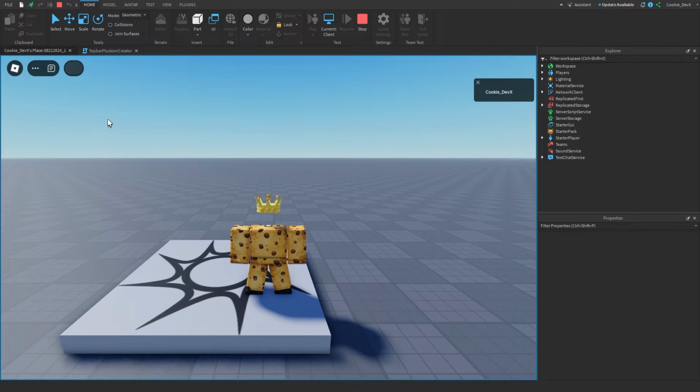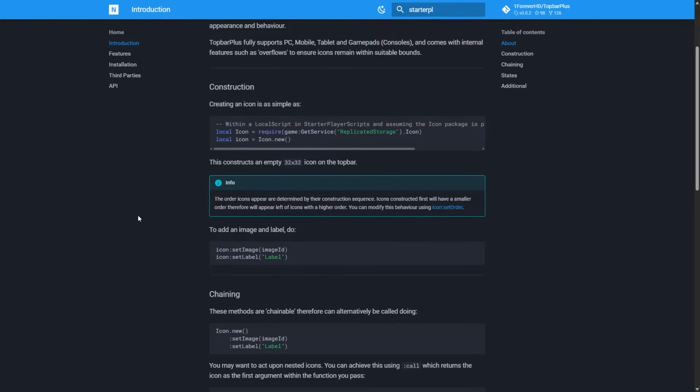Right now it does nothing, but as you can see, it's here. Now also remember how this supports the new Roblox top bar. As you can see, it's blending in perfectly. Now if we take a look in the documentation, it specifies the order icons appear is determined by their construction